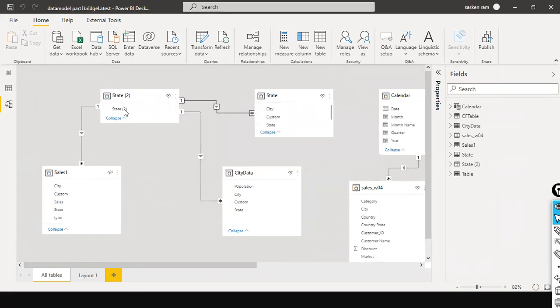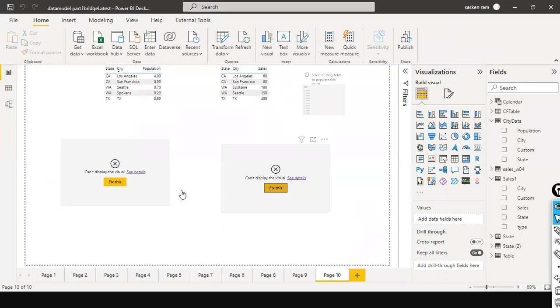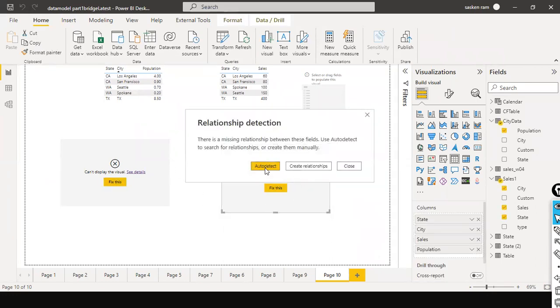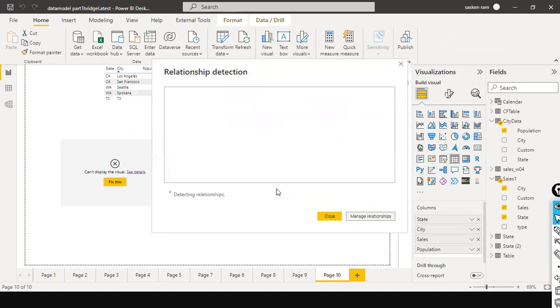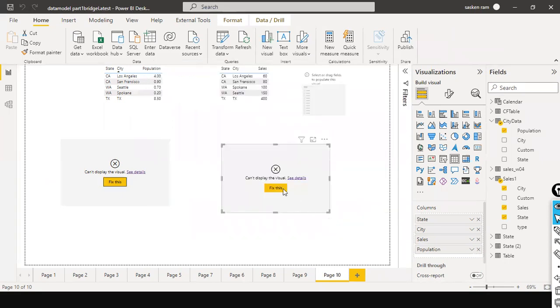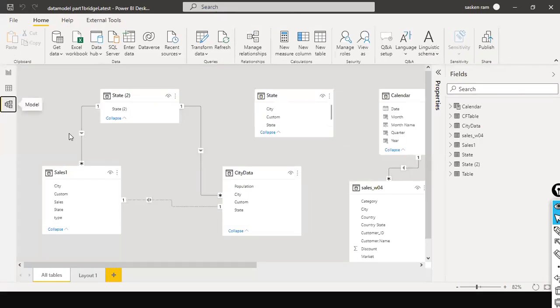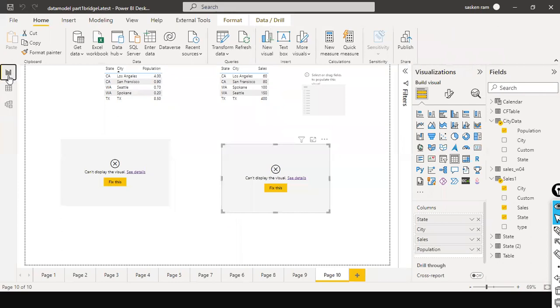Here you don't have duplicate values, but here you have duplicate values, but here you don't have duplicate values. And if you go here, will it work here? Yeah, it is completely messed up now, right? Because I removed the relationship. And now if you see state and state, will this work? But here I did not use the state 2 table. Okay, what I will do is, if I go here,